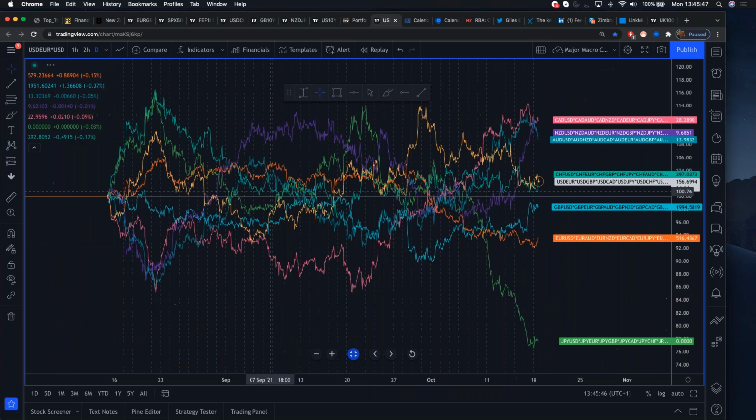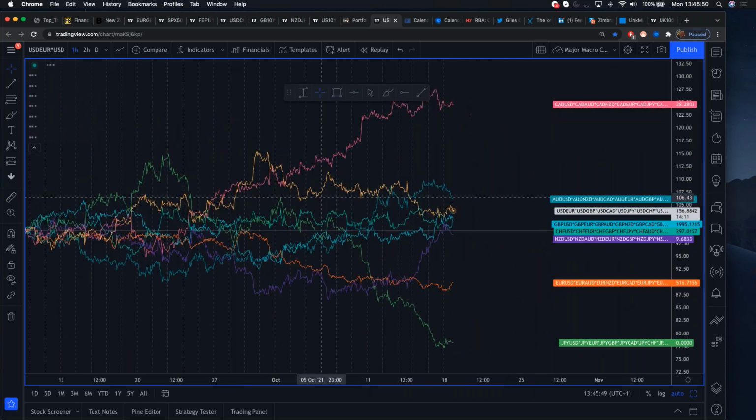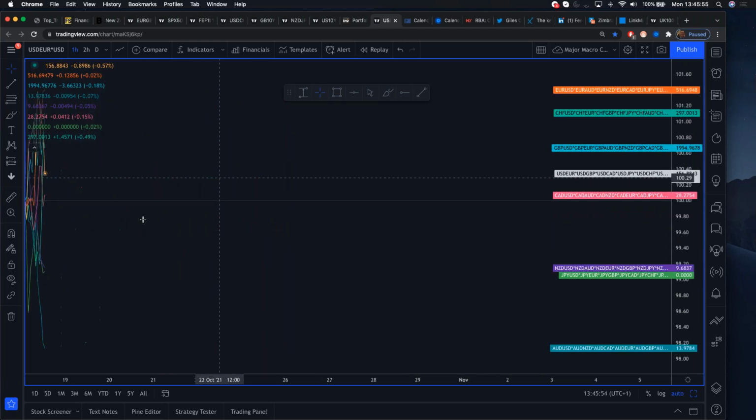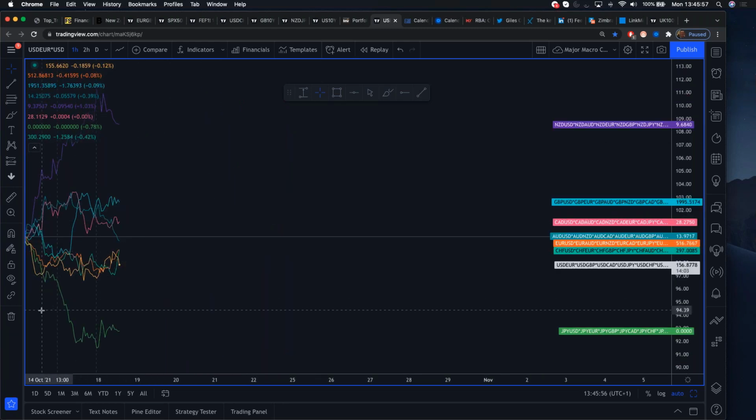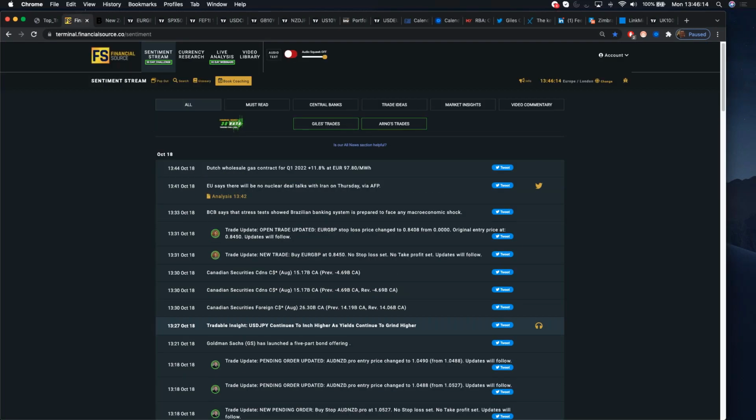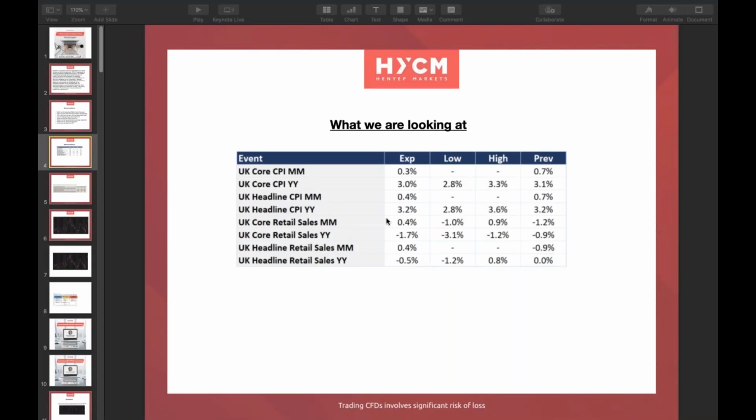Now, looking here, you can see the pound, and just looking at the pound over the last 4 or 5 days, you can see the pound has been gaining strength, and it's been gaining strength on expectations of coming interest rate hikes. And the reason for these interest rate hikes that are expected is all to do with the fact that the UK is expected to raise interest rates to control rising inflation. So as a consequence, this is what we want to look for.